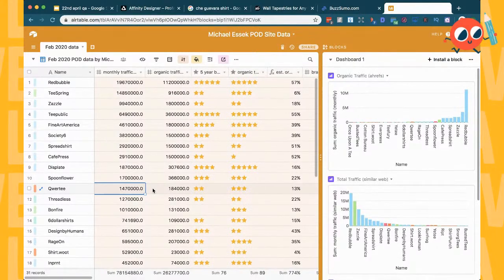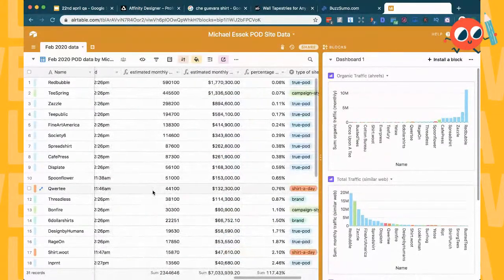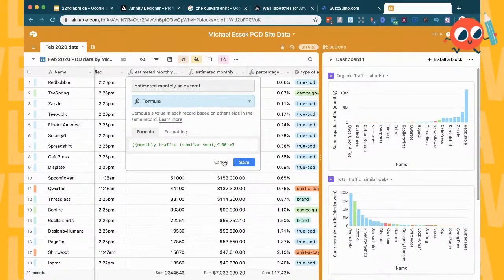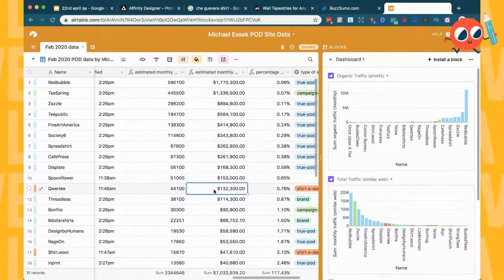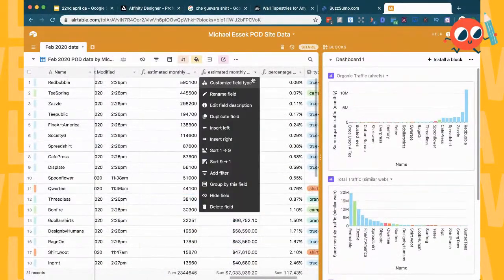Now what I did was a quick calculation, kind of back of a fag packet calculation, to figure out how many sales these guys are making a day and how much money is in play there. Now this is very rough data, so take it with a pinch of salt, but if we figure that the average e-commerce site converts at about 3%, then QWERTY is making, I can't remember what I did here. Okay, that's the estimated sales total a month. So basically what I worked out was, based on their monthly traffic, how much money is generated for artists